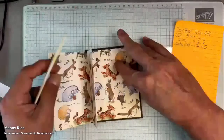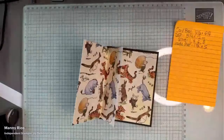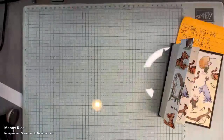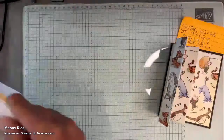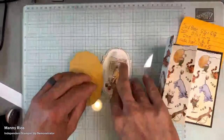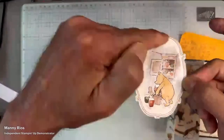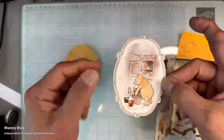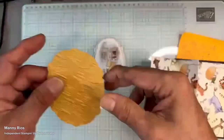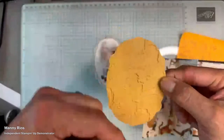All right. So now we've got our card base completed. All right. So we're ready to bring over some of these die cuts. And I'm going to first bring over these two here. And this is one of those panels that I die cut from the DSP. All this is already done for me, all that work. It's just so cute. And then I die cut this piece using one of those frame dies. And then I ran it through the cut and emboss machine